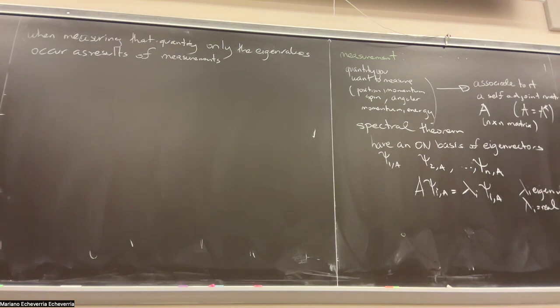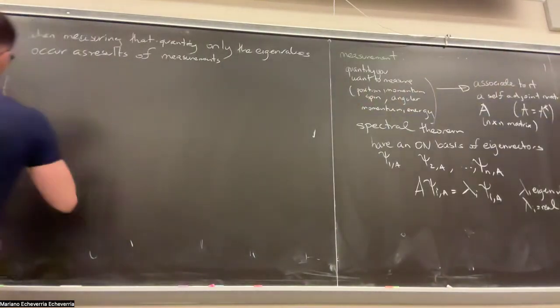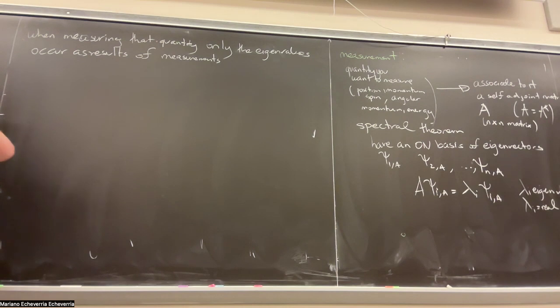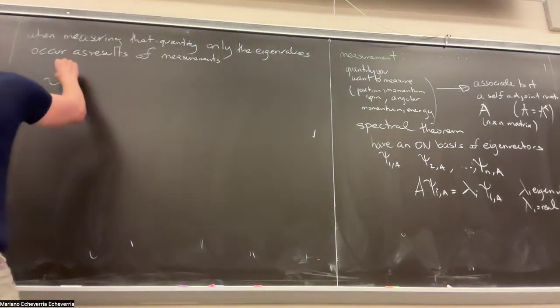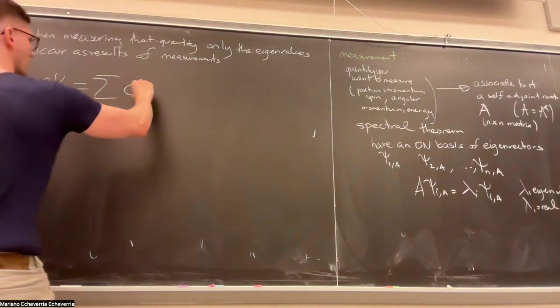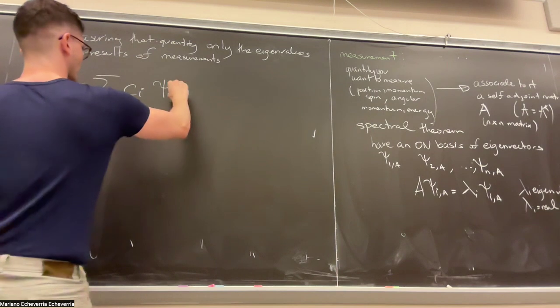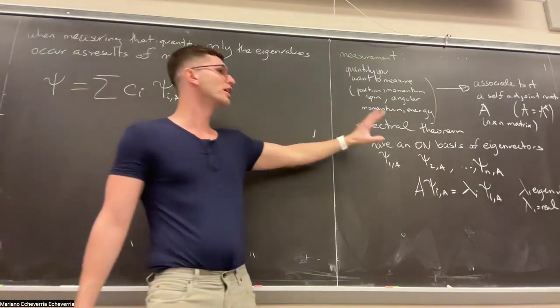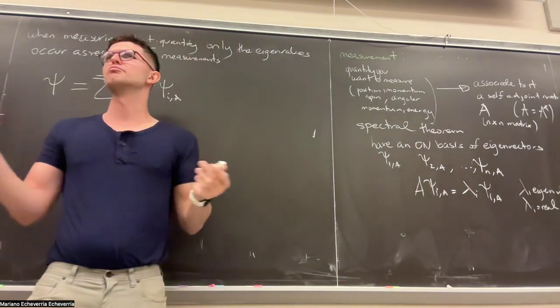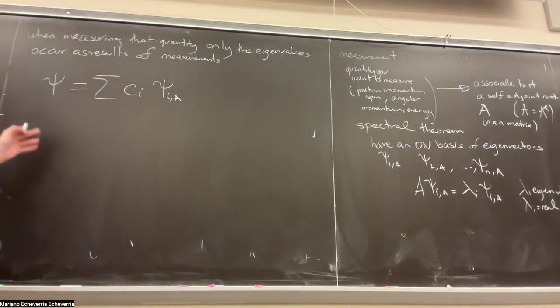And here's the fun part. If you have any random vector, maybe the vector that describes your system is not necessarily one of the eigenvectors. In general, because they form a basis of the vector space, any other vector is a linear combination of these eigenvectors. And by the way, there's no loss in assuming that these are orthonormal. Once you have this decomposition,